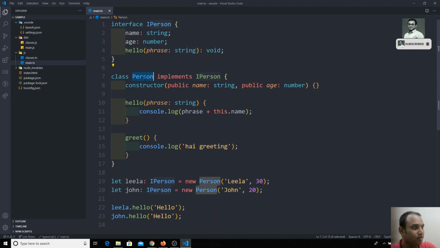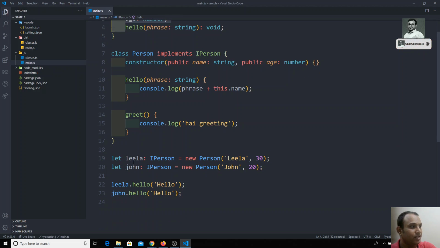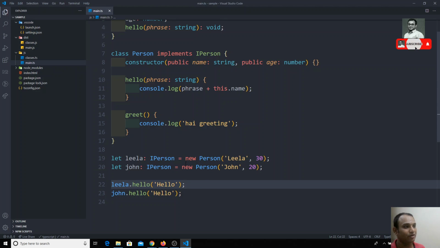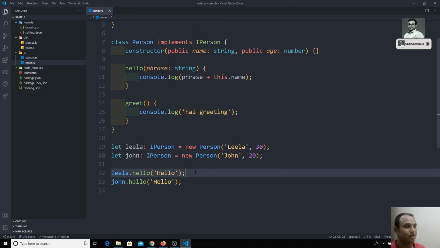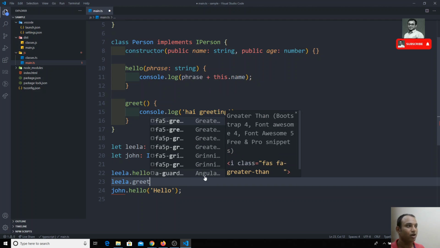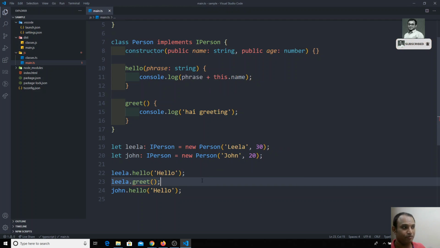So I have this method which is implemented in the person class. This is not wrong, but this method belongs to the class person, and it isn't part of the IPerson. In the interface IPerson we don't have a method greet. Here Leela is an IPerson, John is an IPerson, belonging to this interface. If you try Leela.greet, you will not be able to get that method. Why? Because